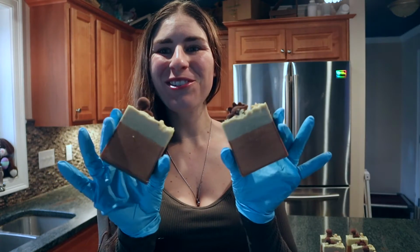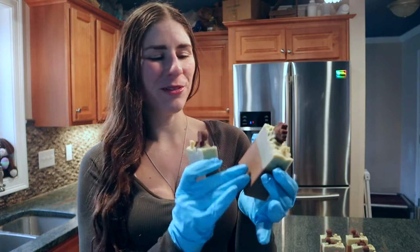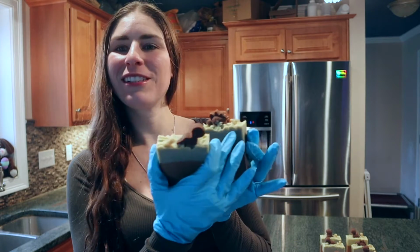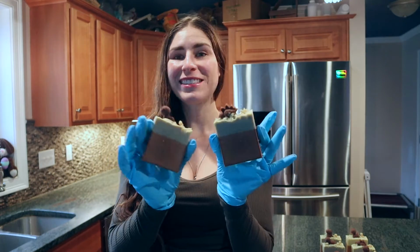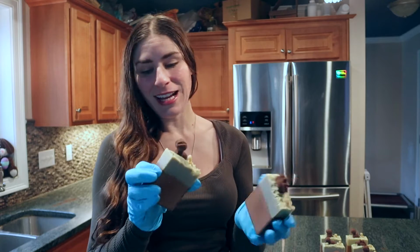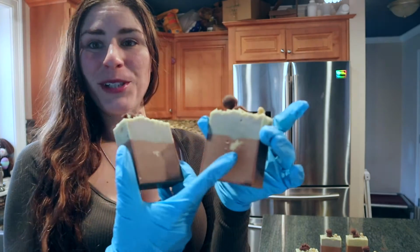Wow, look how cool these came out. I was hoping to get some cocoa powder brown in here to look like dirt and a little bit of spirulina in here to get some green grass, the little dinosaurs on top. So mission accomplished. I did hide some little dinosaurs inside, and I definitely cut some where you can see the